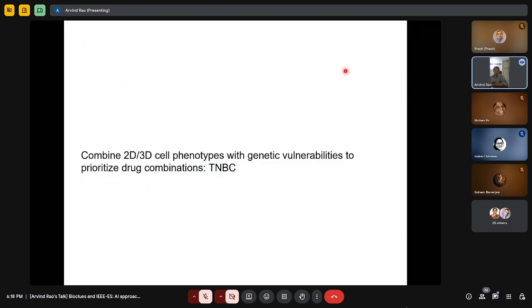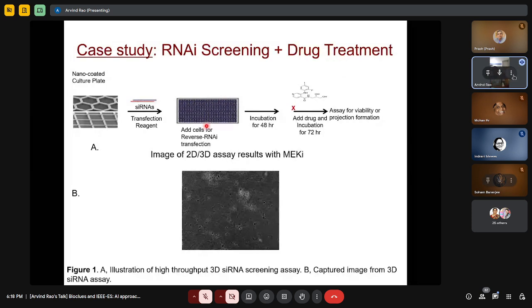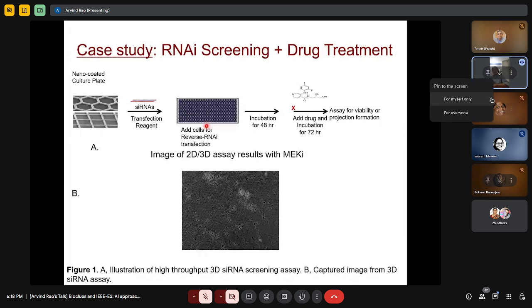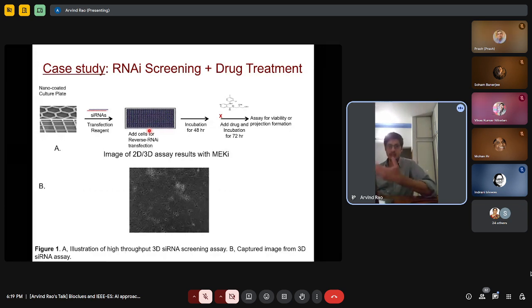So we are working with a disease called triple negative breast cancer, also called TNBC. And the idea there is to do a high throughput screening experiment of the following kind. We have these experimental plates that are about 96 well plates. We can seed the cells into different wells, and each well receives a distinct perturbation. It could be a drug, it could be a gene knockdown through CRISPR or RNA interference, what have you.